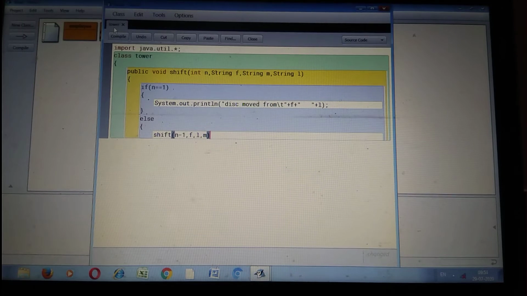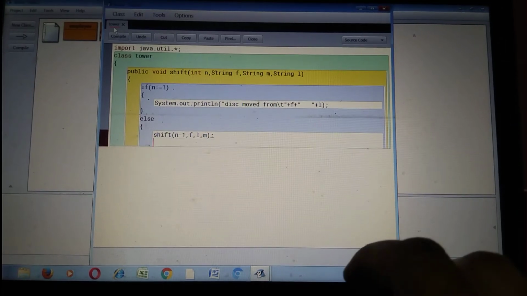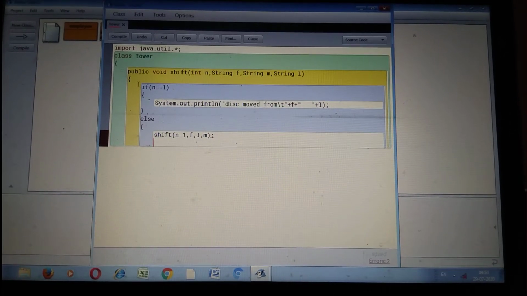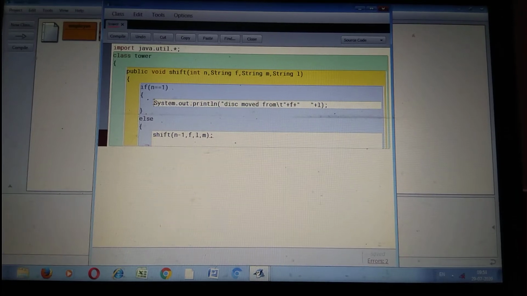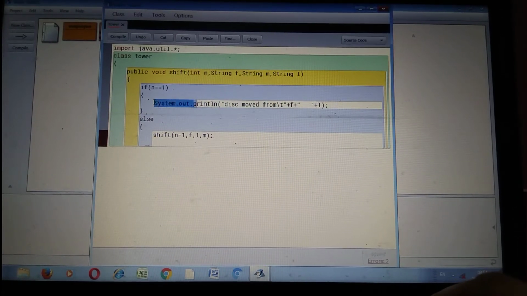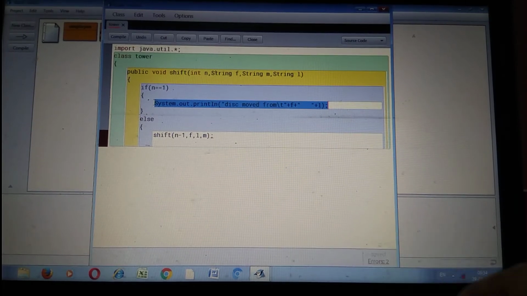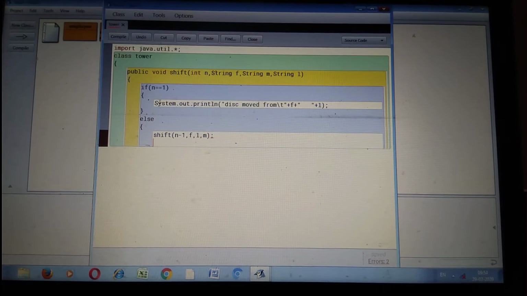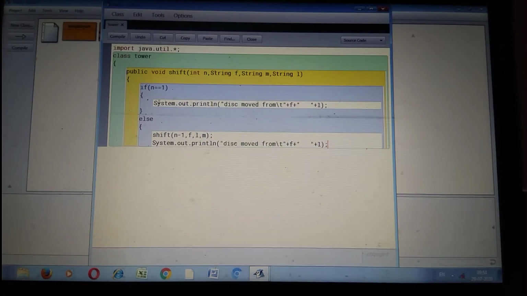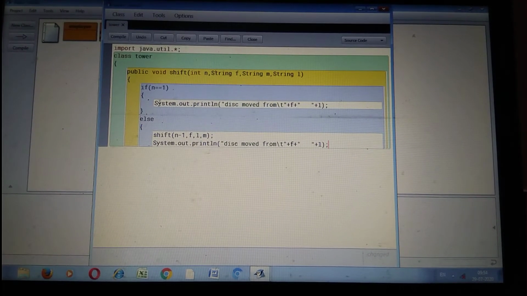Then the printing statement, we copy a printing statement from here and print the same statement, moving from first to last.